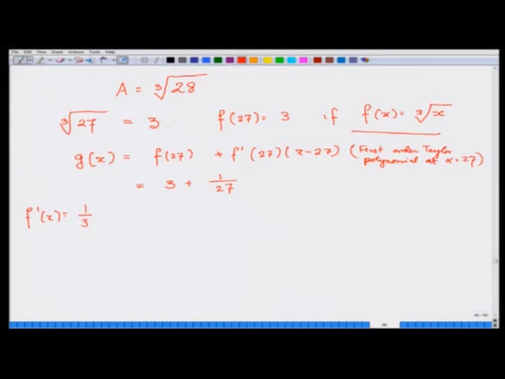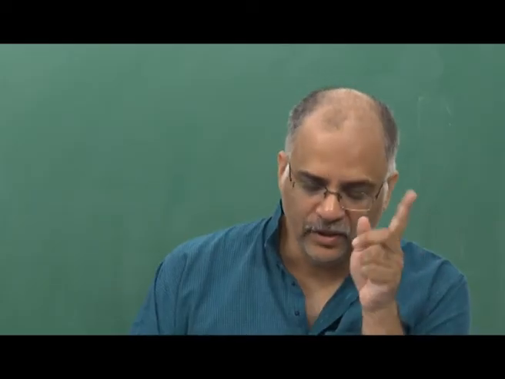So, basically 2/3 means 1 by cube root of x square, right. Once you do this, you will again see that you get x to the power minus 2/3. So, if you put x is equal to 27, what is 1/3 of 27? 1/3 of 27 is 3, and then you take